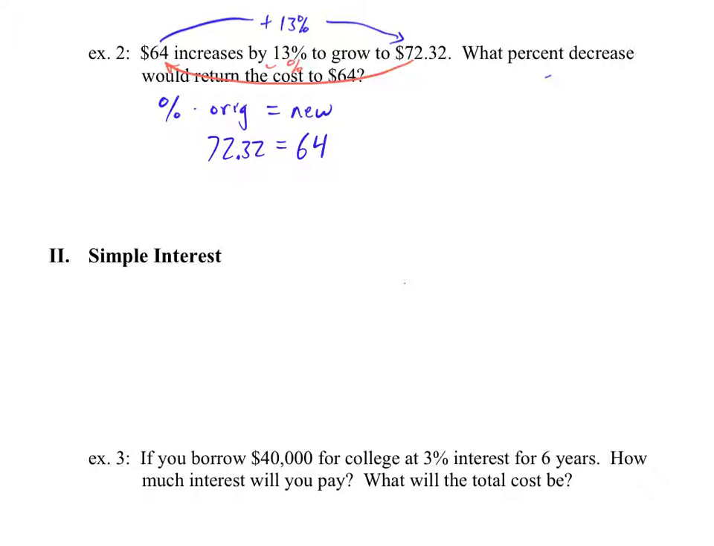Does that make sense? We're kind of going that red direction. Because we're going from here to here, the original is that, new is that. So I'm going to put an X in for my percent. To solve for the percent, we divide both sides by 72.32. Perfect. And if I look in my notes, I came up with X equals